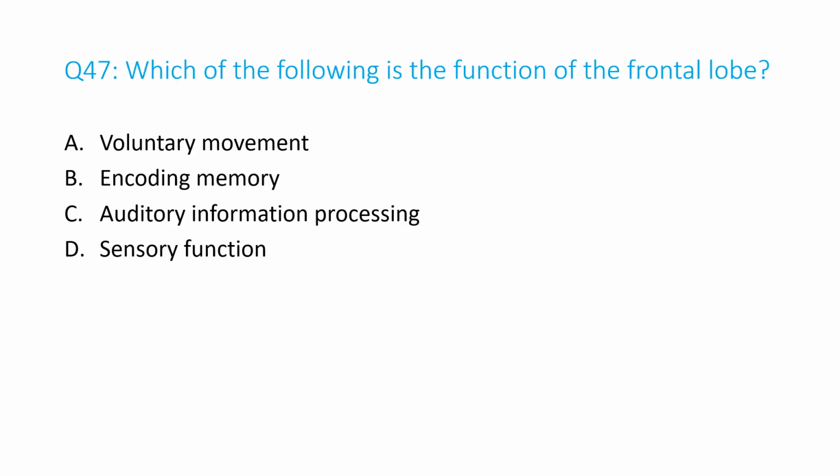Number 47. Which of the following is the function of the frontal lobe? A. Voluntary movement, B. Encoding memory, C. Auditory information processing, D. Sensory function. And the answer is